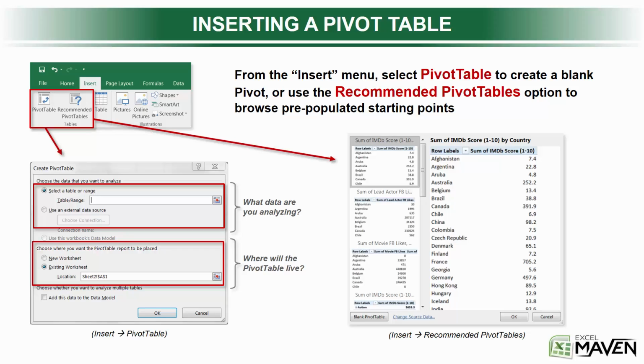Now let's go ahead and practice inserting a pivot table in Excel. And luckily Excel makes it incredibly easy to do so. In the Insert menu, you have two options. You can select Pivot Table to create a blank pivot, where you determine what data you're analyzing and where the pivot table will live,